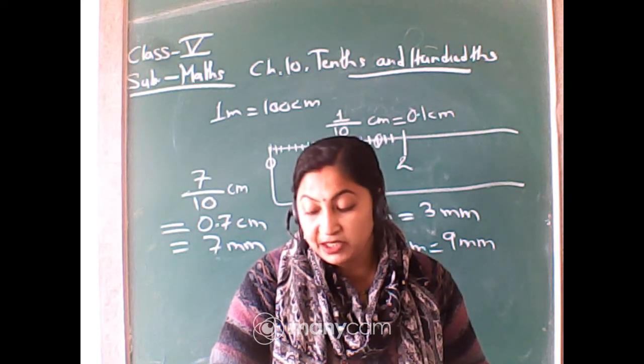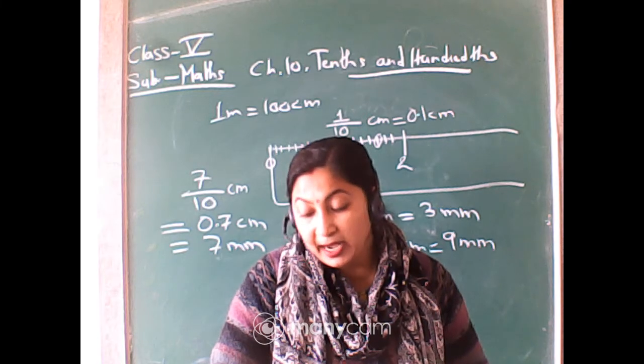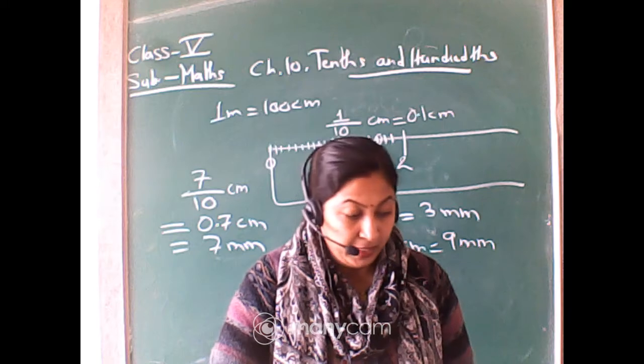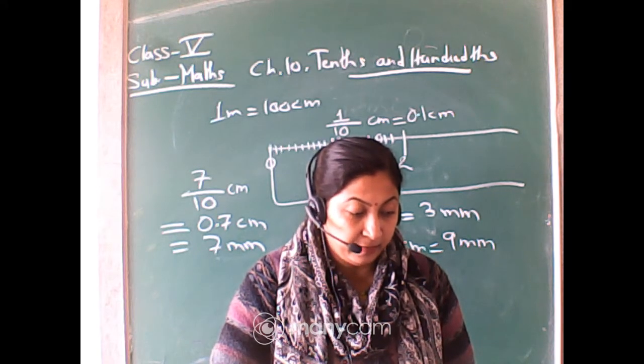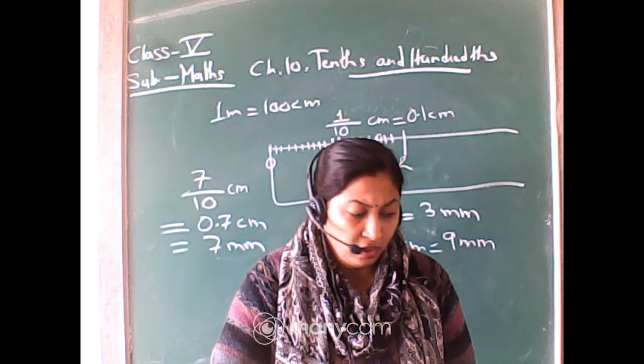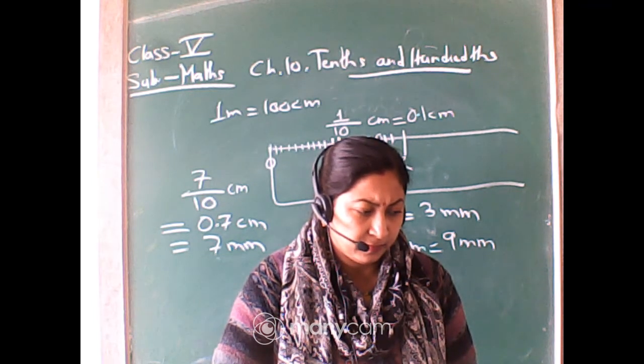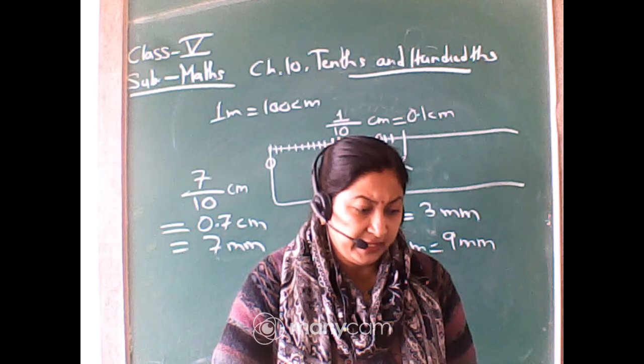9 millimeter means 0.9 centimeter. So 0.9 is the length of one frog. So how many frogs can sit in 100? How many frogs can sit in 100? Not 10. No, not 10. How could it be 10?